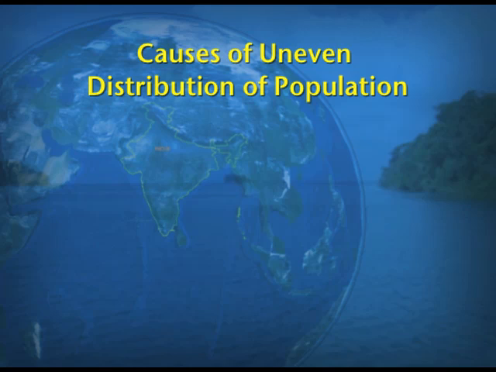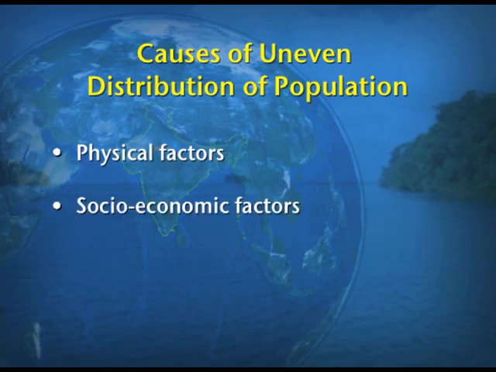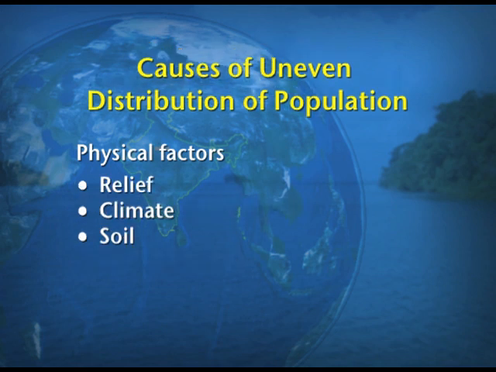There are certain factors, physical factors, socio-economic factors and historical factors, which are responsible for the uneven distribution of population. If we take up the physical factors first, physical factors means maybe the relief, climate, soil; these are the factors which come under the physical factors. So, if we correlate the availability of water with the relief and climate, we can find that certain areas of North India, the plains of India, the deltas and the coastal plains have the higher population because of